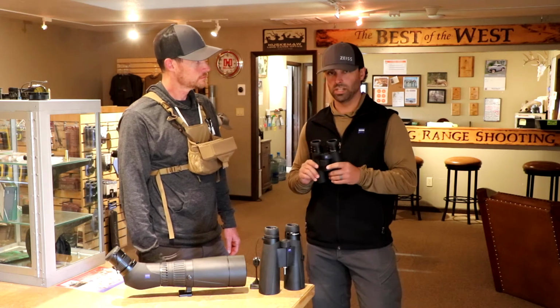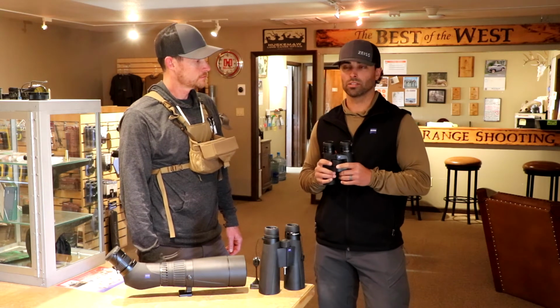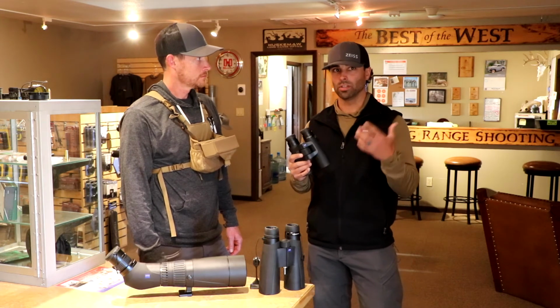I forgot to mention the holdovers. It'll give you holdovers in minutes, mils, inches, centimeters, or clicks. So it doesn't matter what system you're shooting, you'll have ballistic